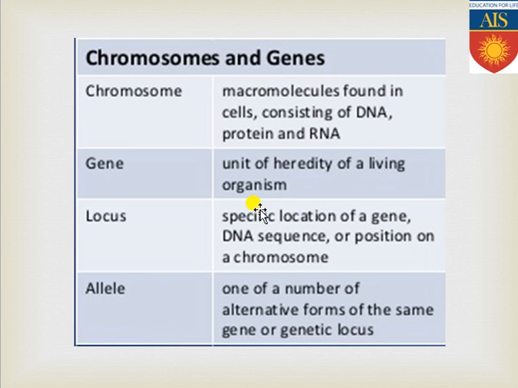After chromosome, the next point is the unit of the chromosome, that is the gene. The gene is a small part of the DNA or the chromosome which is exclusively responsible for protein synthesis and which transmits features or characteristics from one generation to the next generation. Those small parts present in the DNA or the chromosome are commonly known as genes. Locus: I have already told you the gene is a small part of the DNA or the chromosome. The small location where the gene is present is commonly known as the locus of that specific gene.